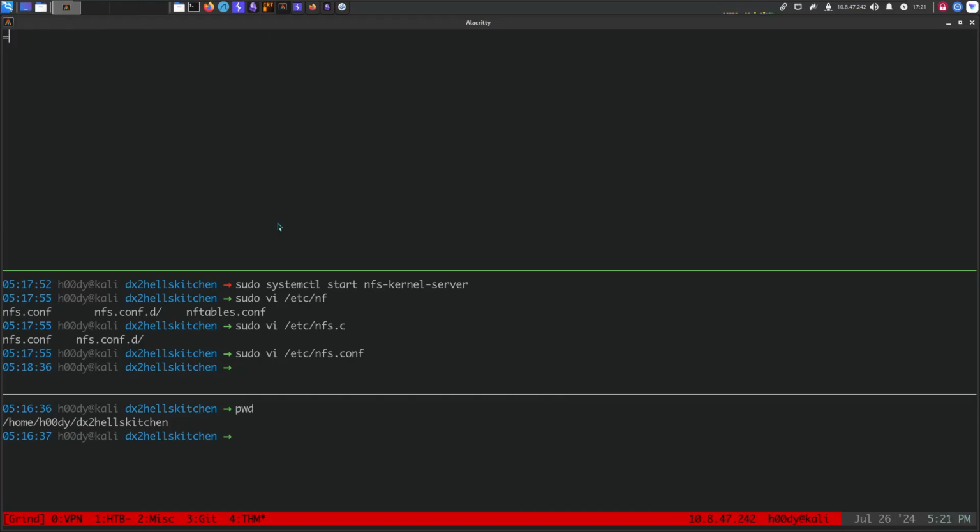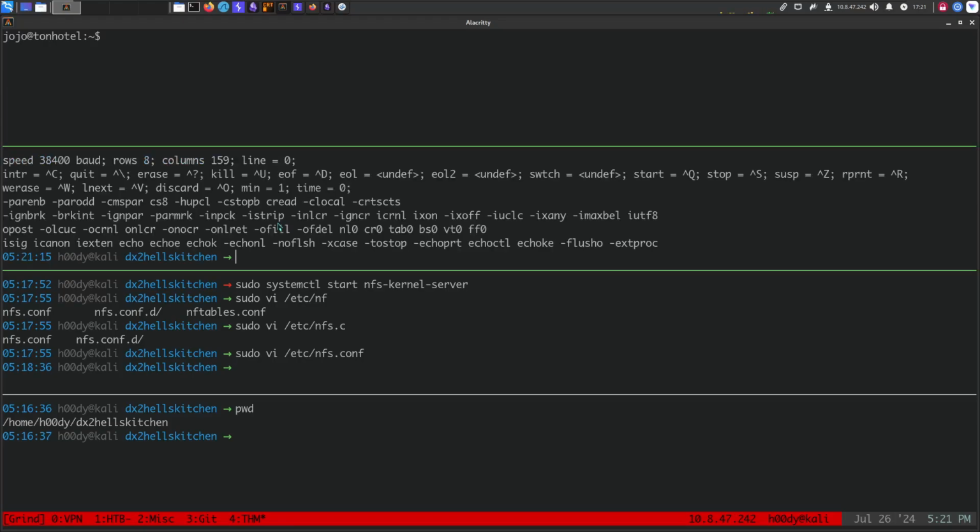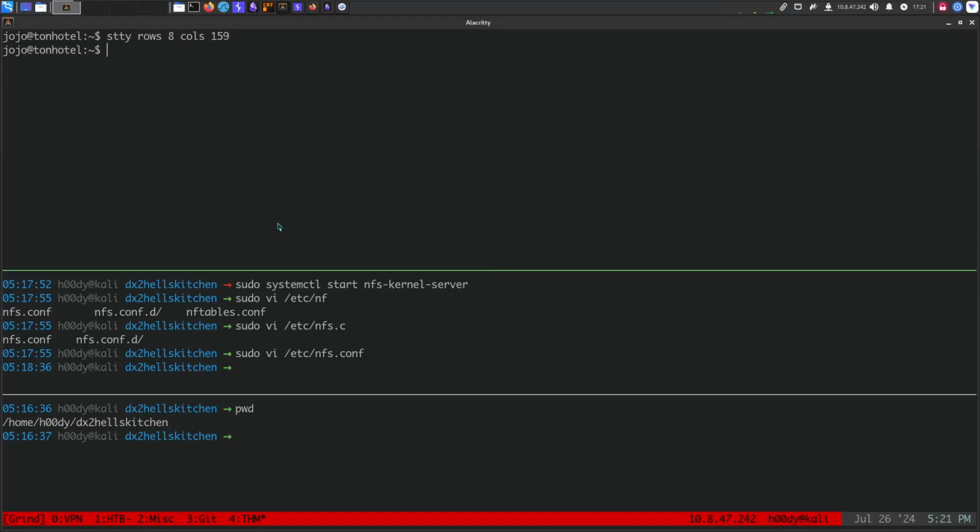Okay, I see what's happening here. Let me make my shell right. stty rows 8 columns 159. There we go. Now it shouldn't break like that. Echo king of hell's kitchen, sudo. I forgot to close the single quote. sudo this, and we can run